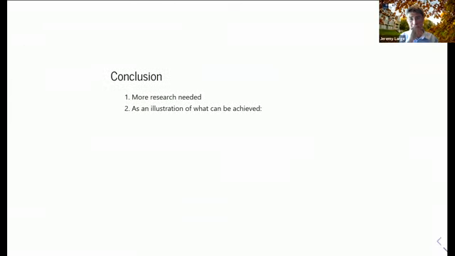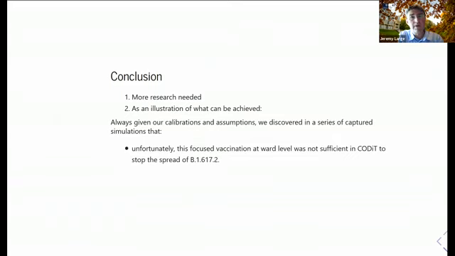So by way of conclusion, we're in a fluid situation. We haven't settled this into a paper, for example. We want to do more research. Sometimes it feels that with every passing news cycle, the paper that we should write changes. And I think that illustrates the benefit of an agile code base.